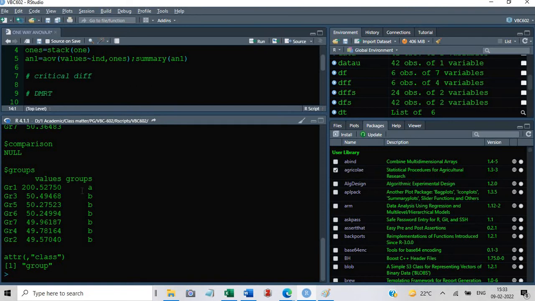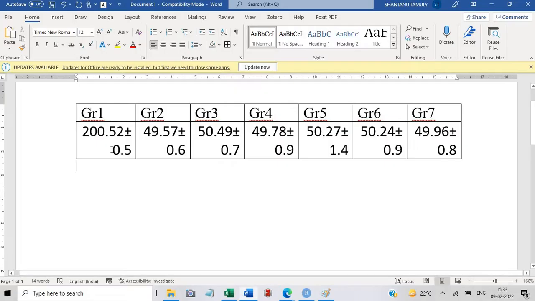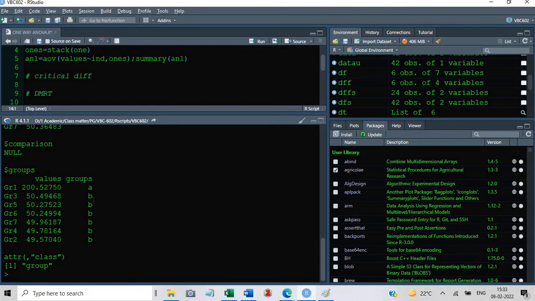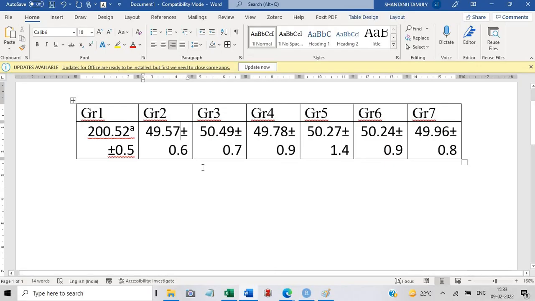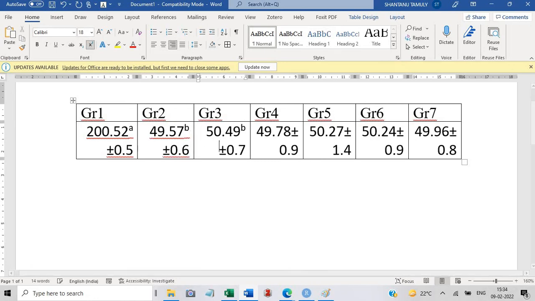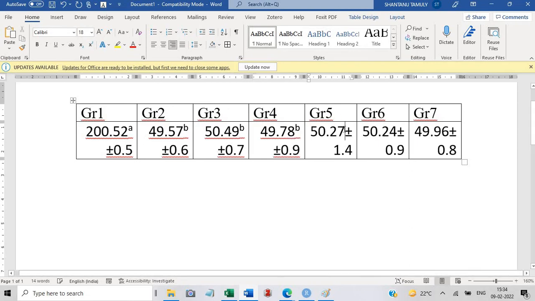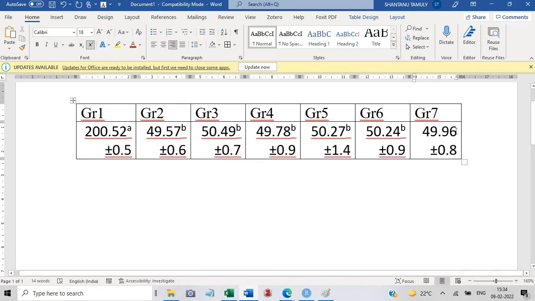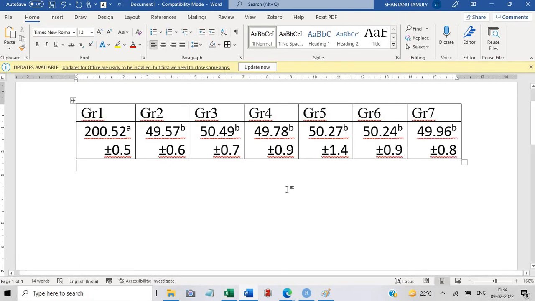Here for group 1, over the mean we will put the superscript A. This is group 1, so here we will put superscript A. Then if you see in all the other groups, the letter is B. So above all of them, I'll put B. So this is the way we are to present our data.